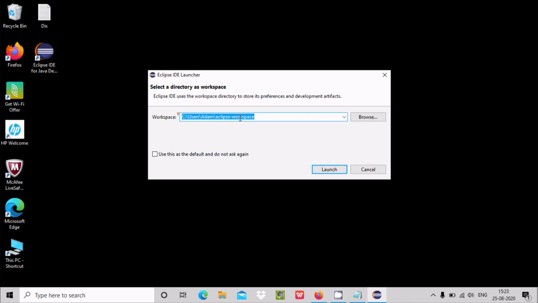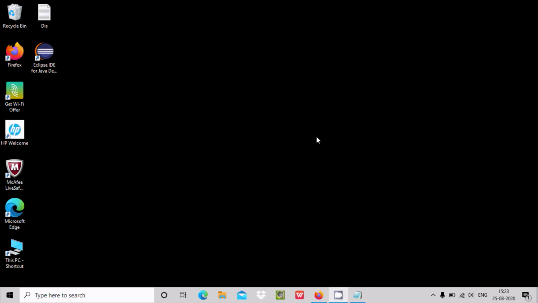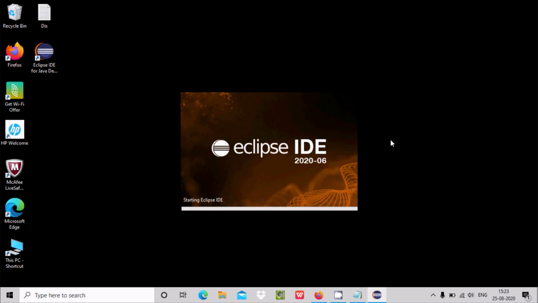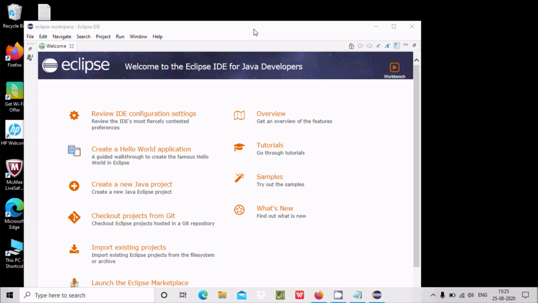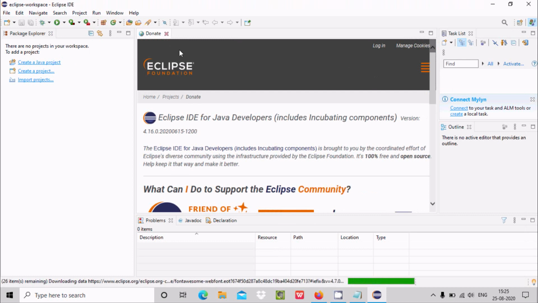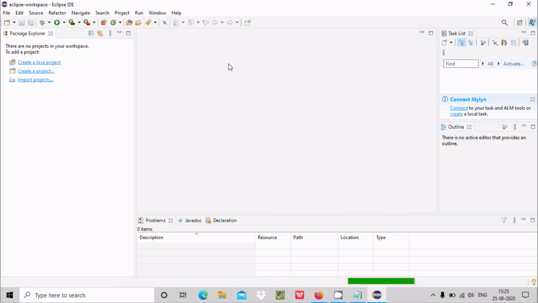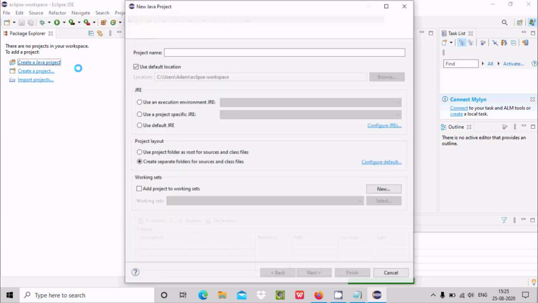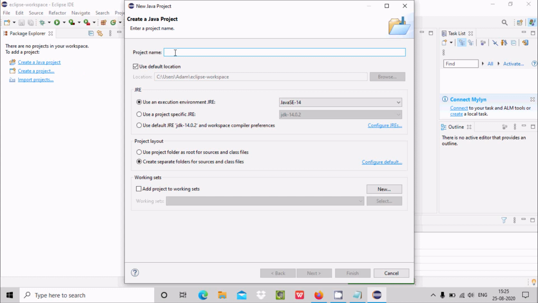So this location, if you want, then you can change by clicking browse. So there is only one workspace here. Let's click on launch button, and here starting Eclipse IDE. Now after waiting a few seconds, here you can see the Eclipse workspace IDE is open. Let's make that bigger. Click on the close, and here after the next thing is, we need to create the first project. So let's click on create Java project,